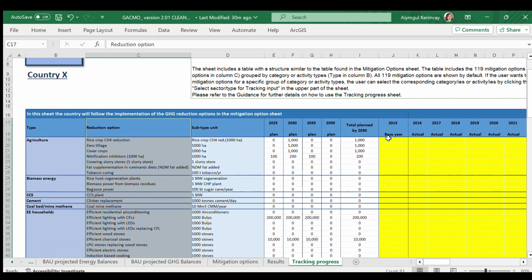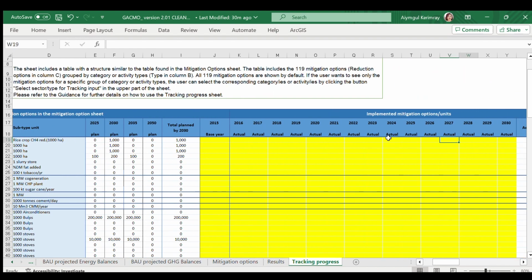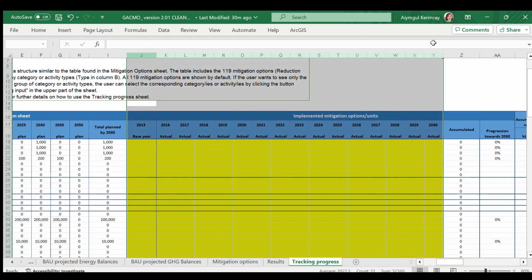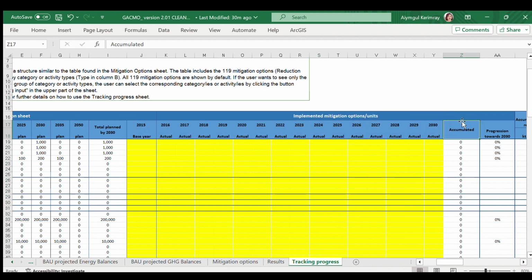The user provides the actual amount of implemented units for each mitigation option in the columns J to Y. The GASMO will then estimate the accumulated number of units of the mitigation options over the implementation period in the column Z.